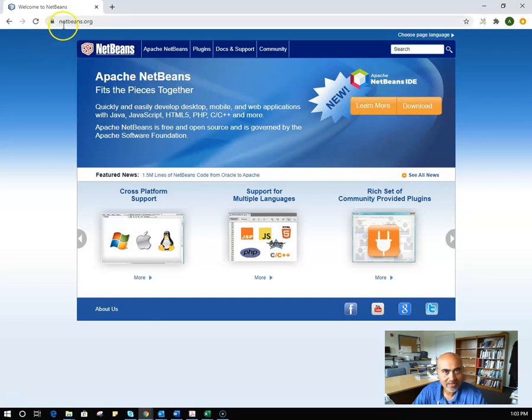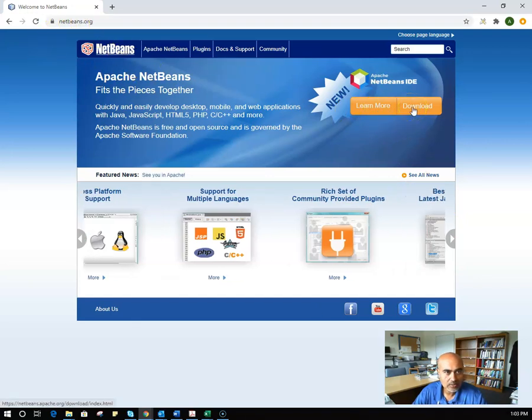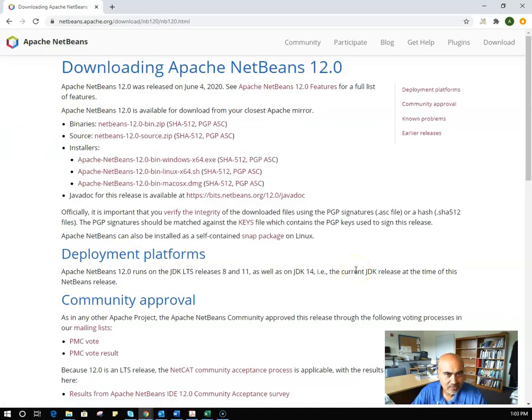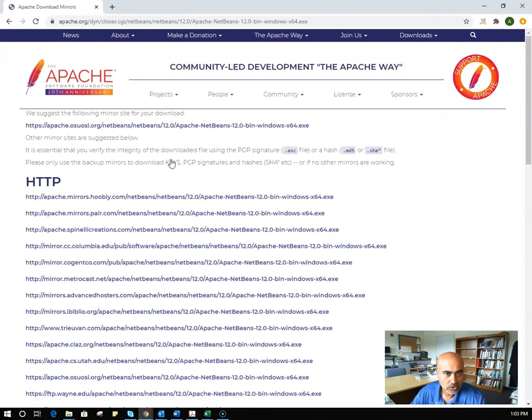So I will go to netbeans.org and click on download, and this is the 12.0 version. I had downloaded 11.3, but I'll still go ahead and download the most recent version, and that's why I'm going to choose this NetBeans 12.0 Windows 64. Of course, depending on whether you're using Linux or a Mac, you would be downloading your NetBeans accordingly. So I'm choosing my Windows 64 EXE, and that should